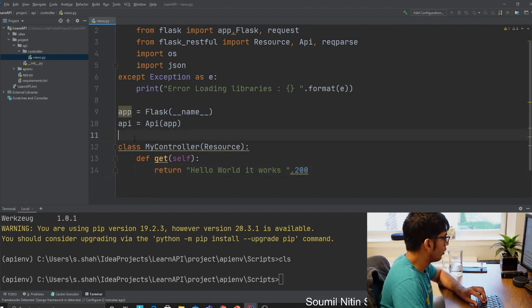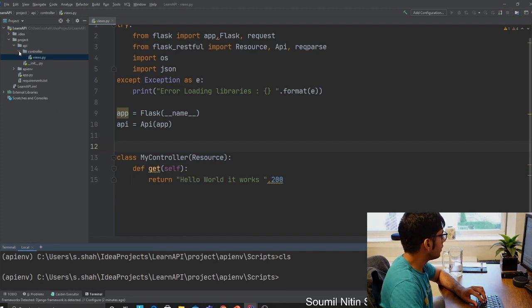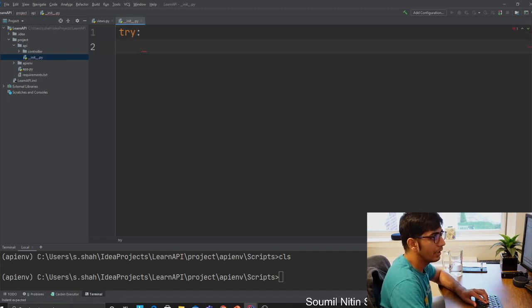Now what you want to do is you have to import this, right? In order to do that, it's inside the controller, right? Come to dunder init method. Here also I would use a try catch block as always. I usually have a habit of using that. So let's do a try, and let's basically do this.